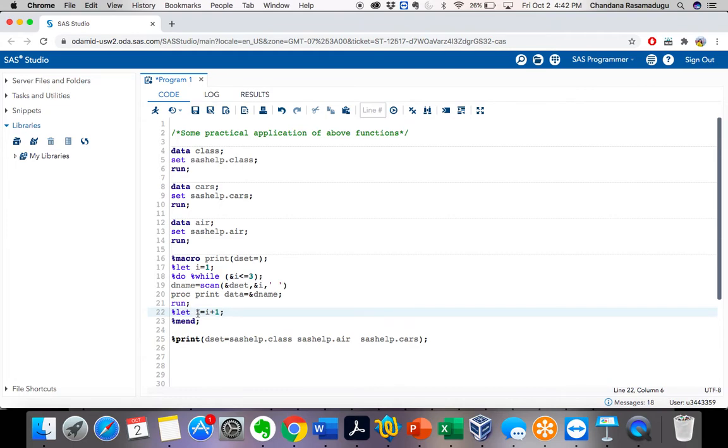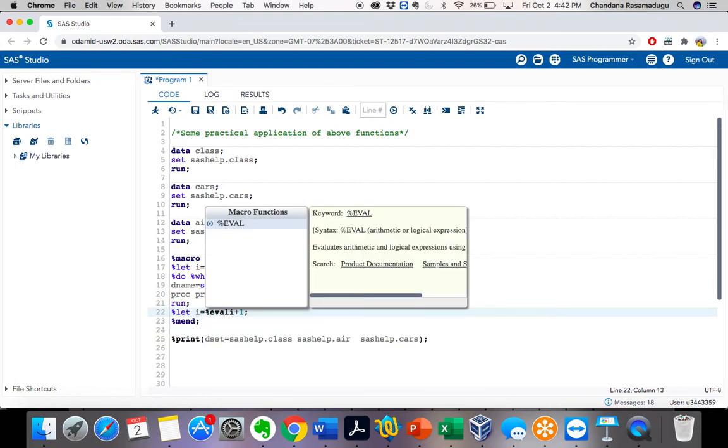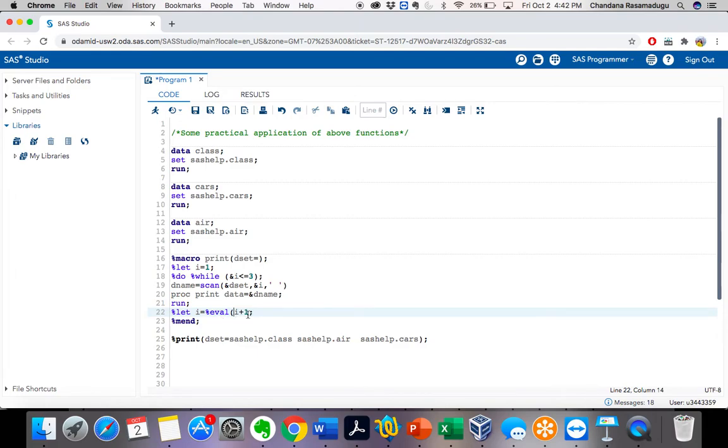So we can't do any calculations by using the macro values. So for that, which function do we have to use? If I want to calculate these two values, I have to use %eval. Let's use %eval of &I plus 1, &I plus 1.